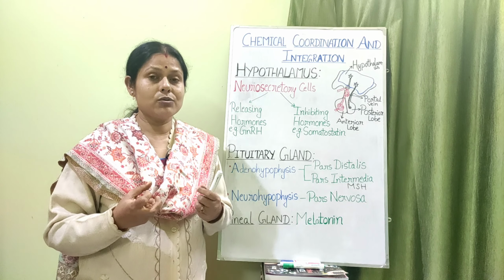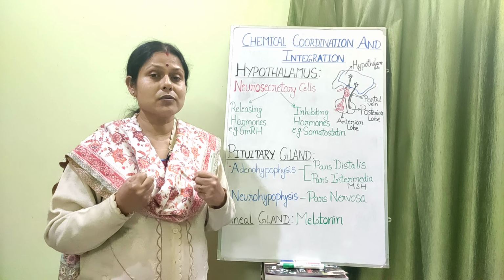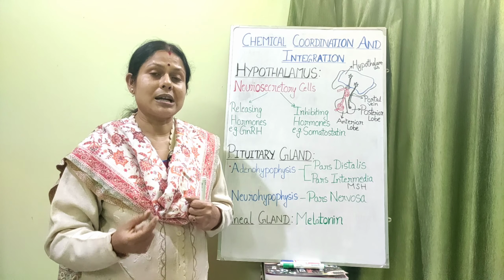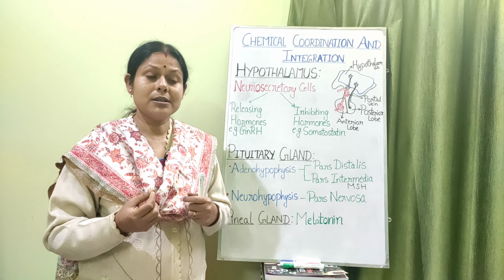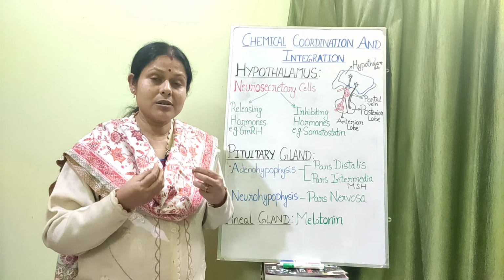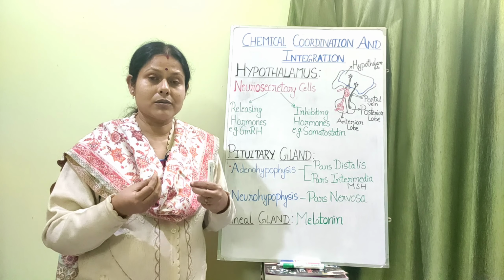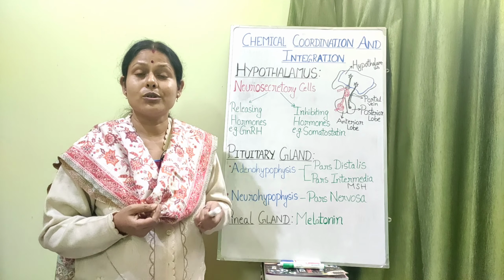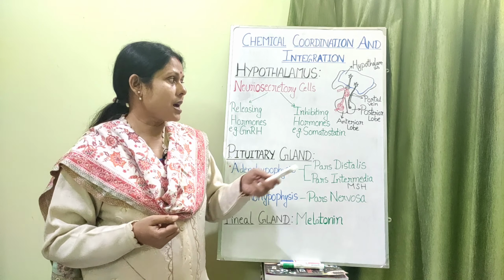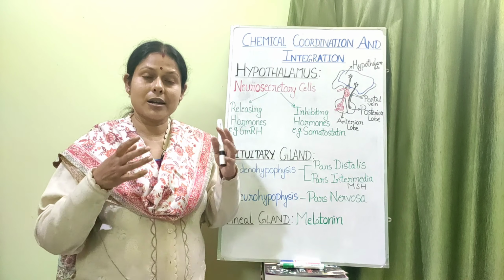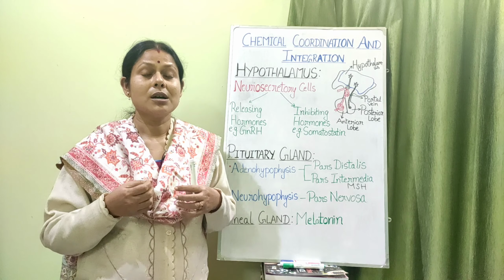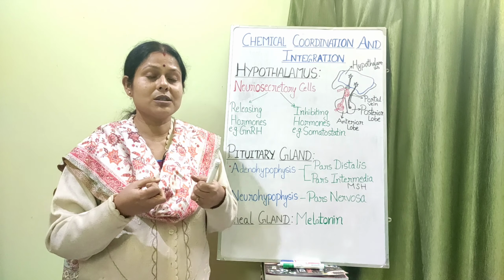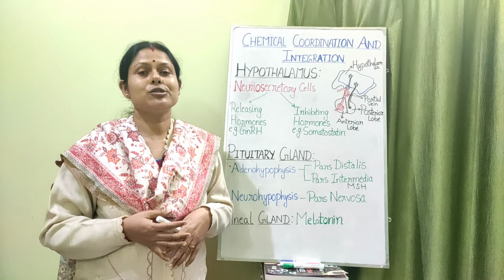Vigorous contraction of the uterine muscles is under the influence of oxytocin, which takes place just prior to childbirth. Just prior to childbirth, the fetus will release certain cells into the blood of the mother, which will be carried to the hypothalamus. Now the hypothalamus is going to secrete oxytocin, and it will be carried to the posterior lobe, and from the posterior lobe it will be released into the blood, and then it will go to the uterine muscles, so that contraction will take place, resulting in the expulsion of the child.